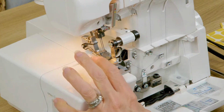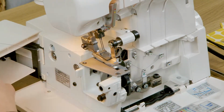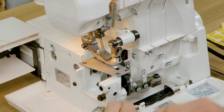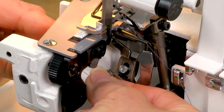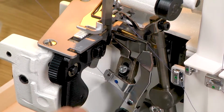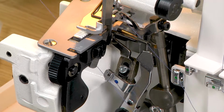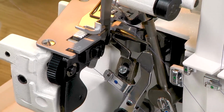It might be easier at this point to open up your door on the left-hand side and swing it out of the way. I'm now going to take my thread and slide it through this opening to the other side, which makes it easier now for me to click it into this last blue guide. Now, rotating the hand wheel towards me,